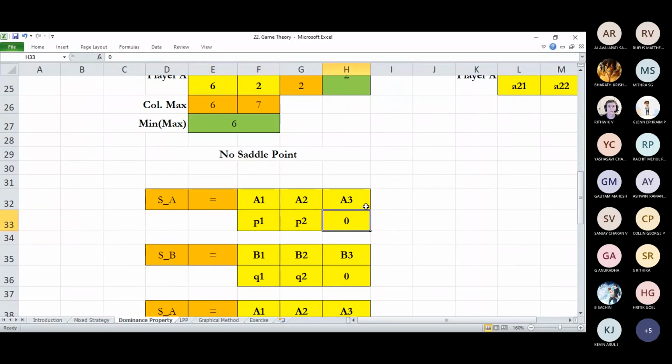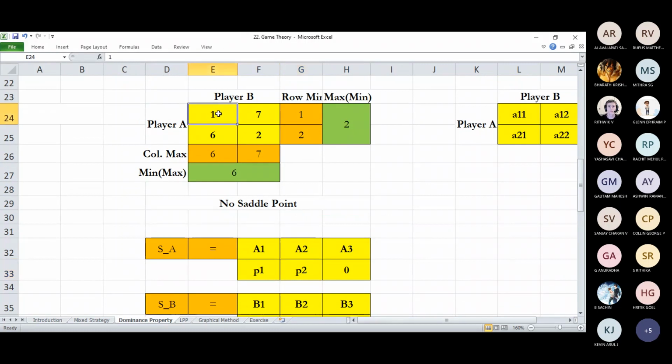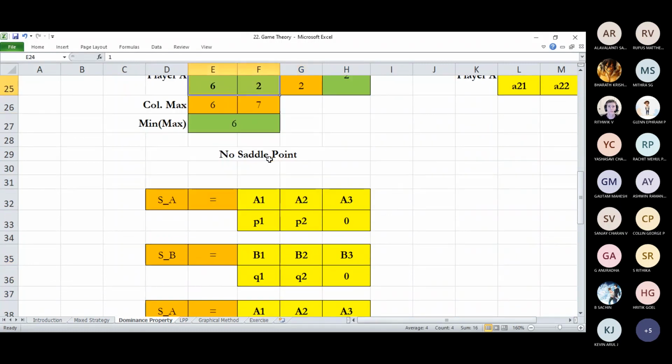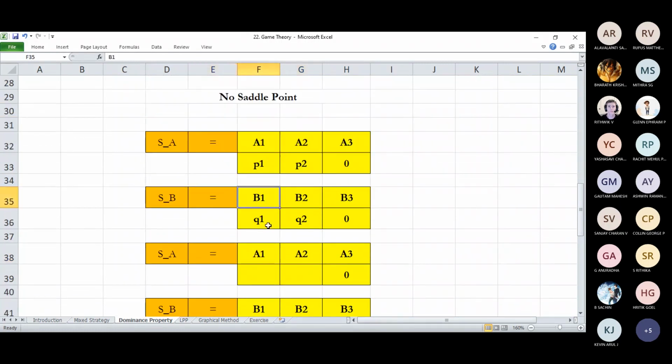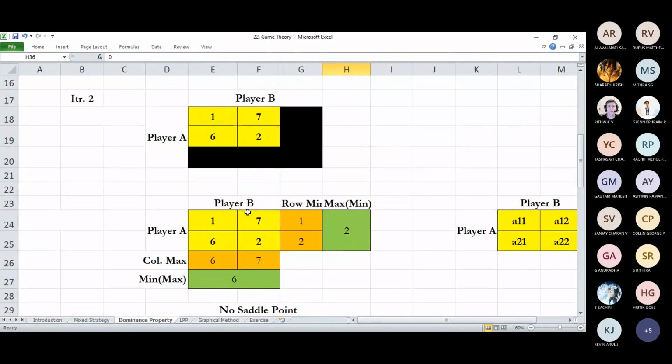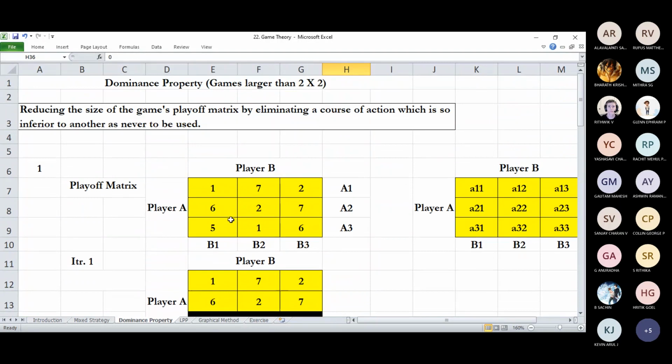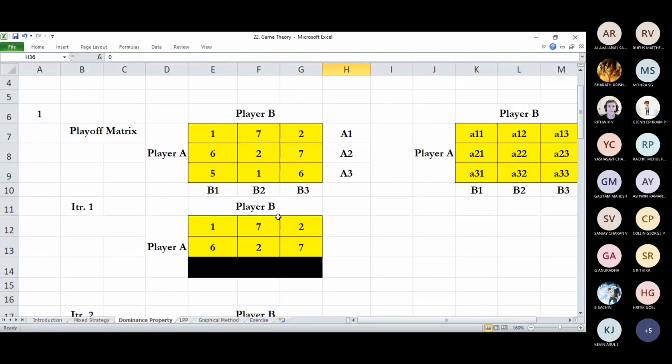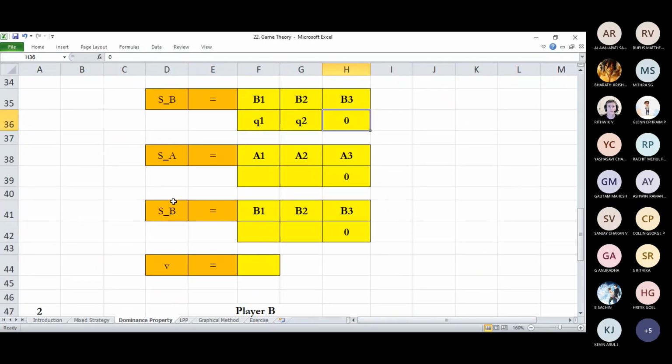It does not constitute any probability. Not only for a 3 by 3 matrix, but for any size of matrix, only P1 and P2 govern. The reason is that we will be curtailing it to a 2 by 2 matrix. In the same way for B, it is Q1 and Q2, since we make B3 0. And finally, the value of this particular game. Fine, so this is regarding my iteration. Probably you can take a look at that.